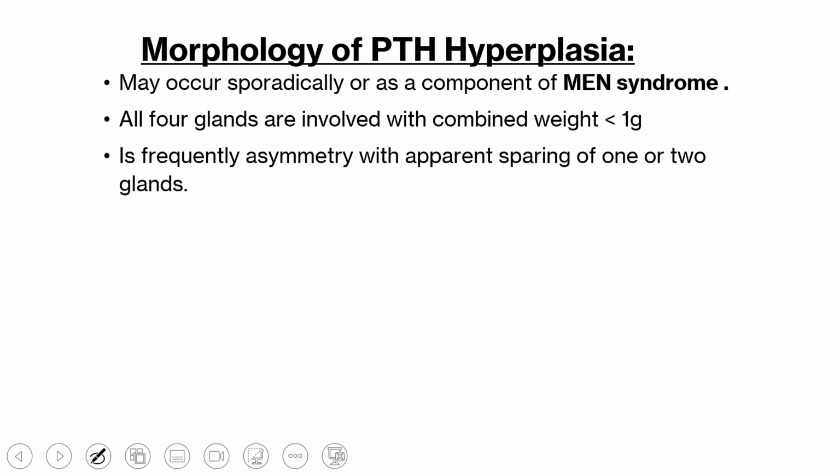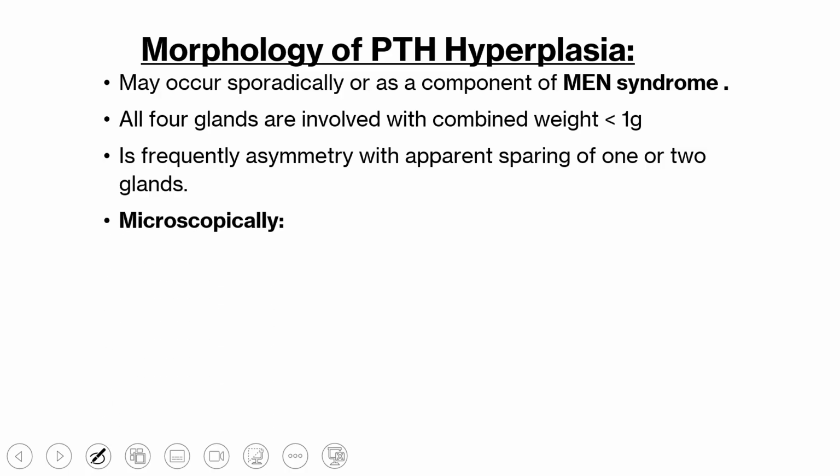The most commonly involved cell is chief cells, and this occurs either sporadically or as a component of the MEN syndrome, that is multiple endocrine neoplasia. And the difference from the parathyroid adenoma is that all four glands are involved in this parathyroid hyperplasia with a combined weight of less than 1 gram, and similarly there is asymmetry with apparent sparing of one or two